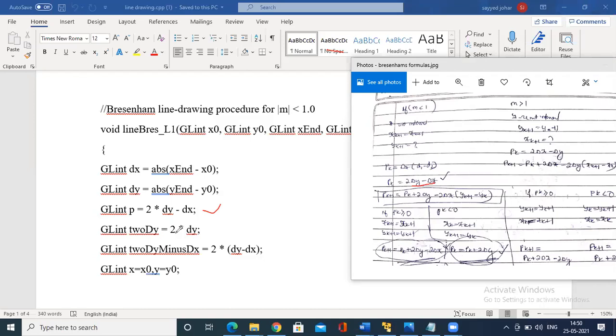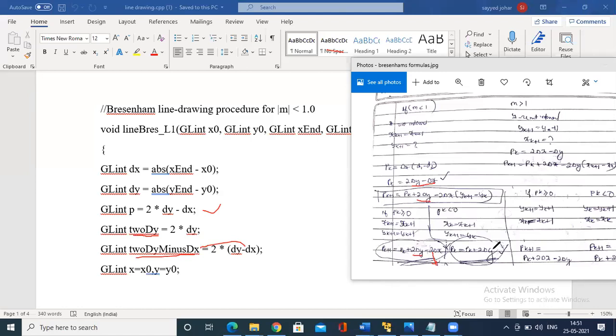So you will have some variables, 2 delta y, meaning 2 multiplied by dy, and 2 delta y minus 2 delta x, initialized to these variables. We use 2 delta y regularly, or else 2 delta y minus 2 into delta x.